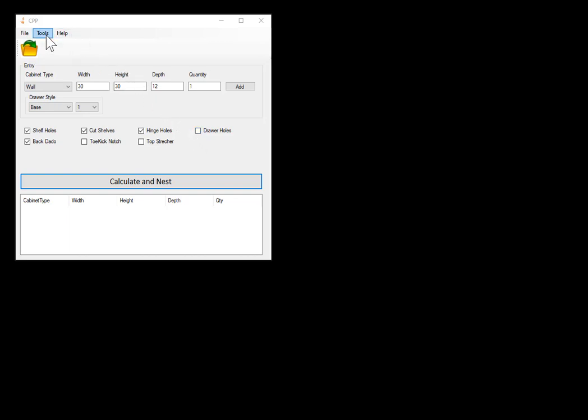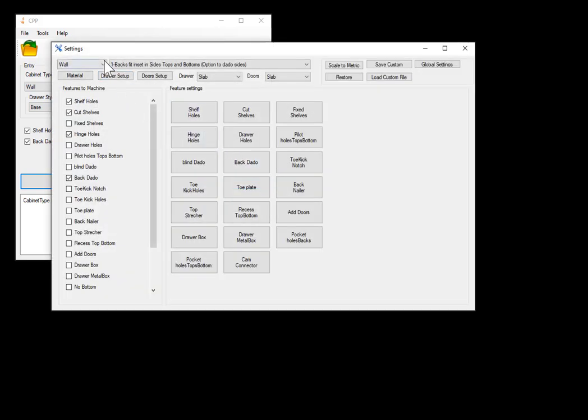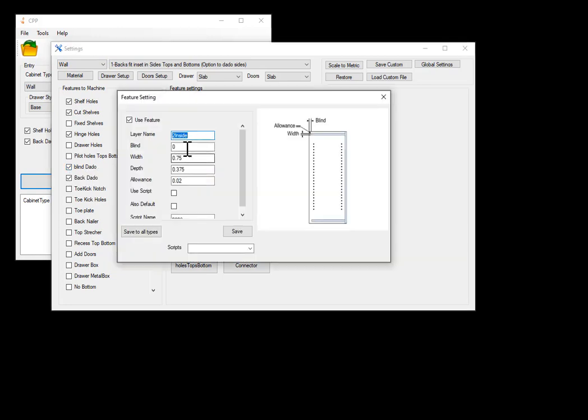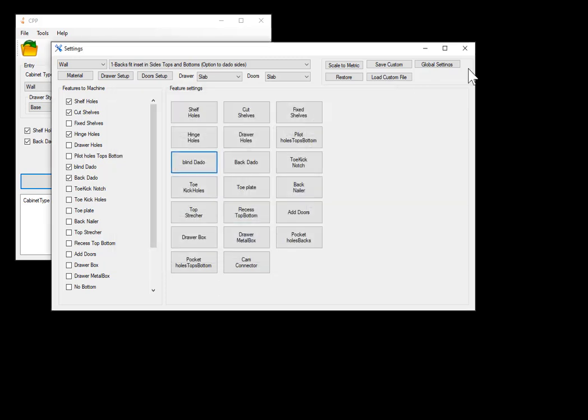So we're going to set that option by going to Tools, Settings, then for the cabinet type of wall, we're going to set the option in the checkbox, the blind full dado. We're going to take a look at what we have set here. The default setting is 1.5 blind and the width is 0.375. That is the default setting. So we'll go ahead and hit save, close,